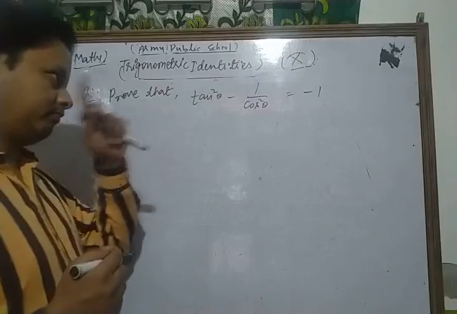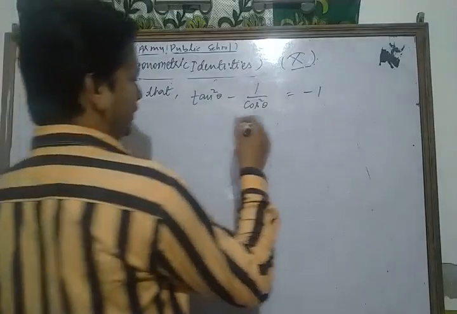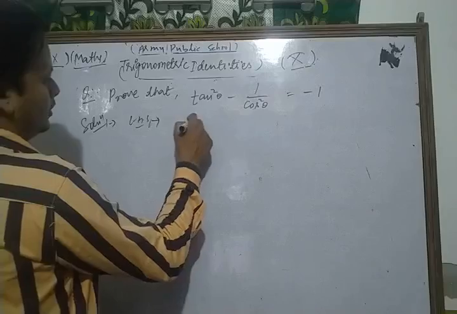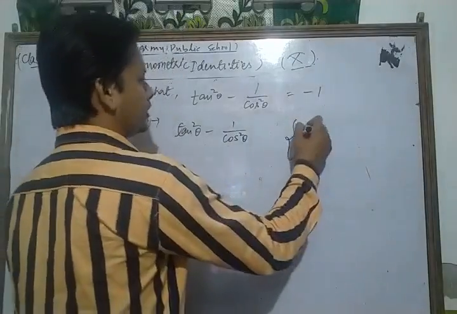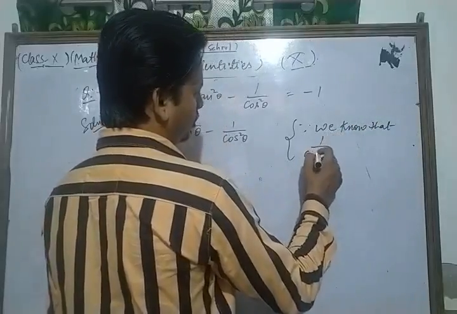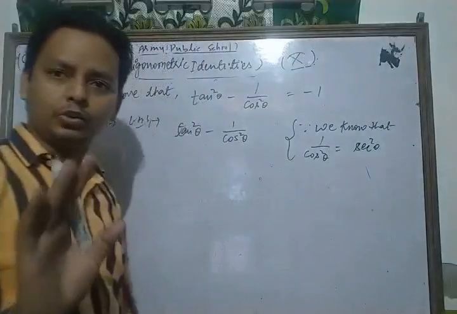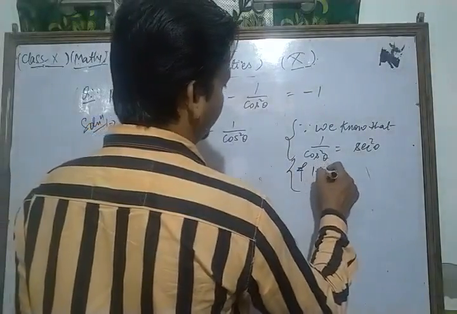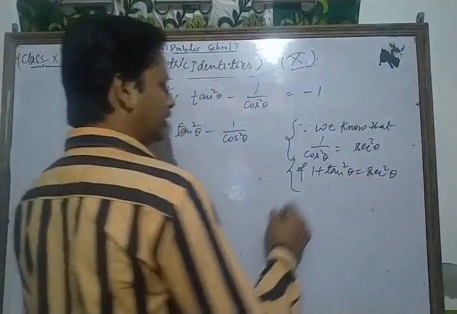Dear friends, first of all, we know that the identity is what? We take LHS, left hand side, which is tan square theta minus 1 upon cos square theta. Since we know that 1 upon cos square theta is equal to what? Sec square theta. We have it. Okay. So 1 plus tan square theta is equal to sec square theta. So from there we write,